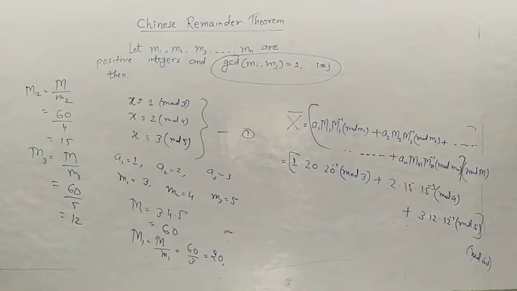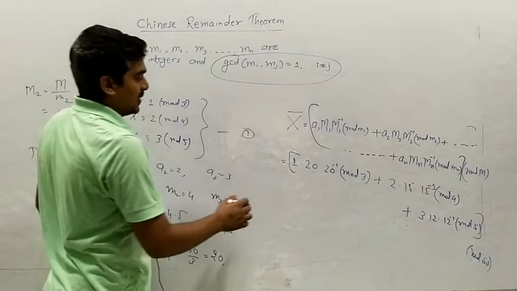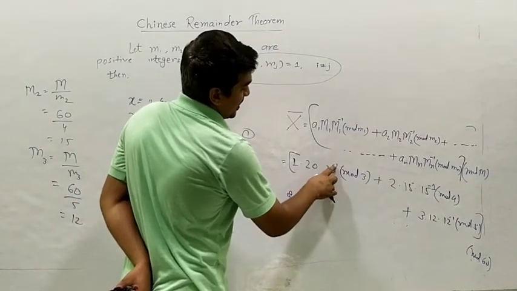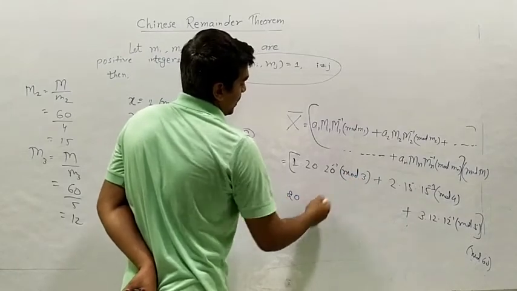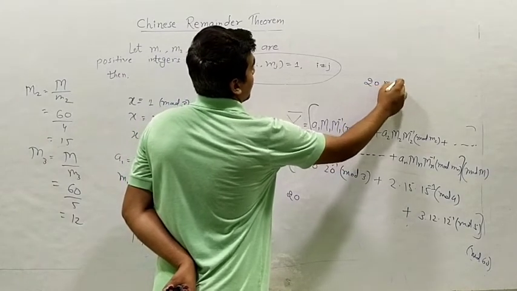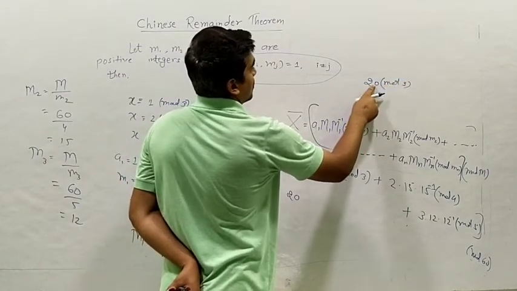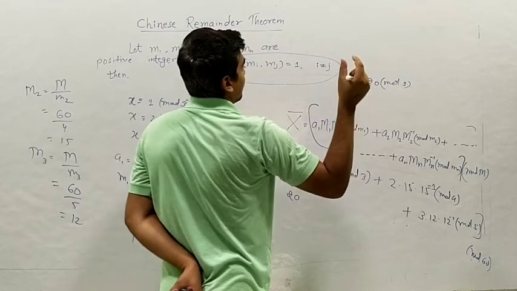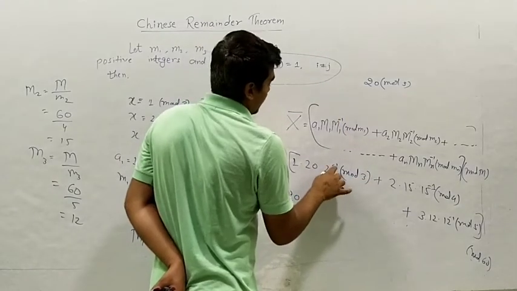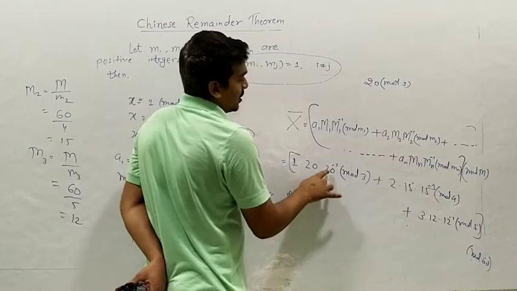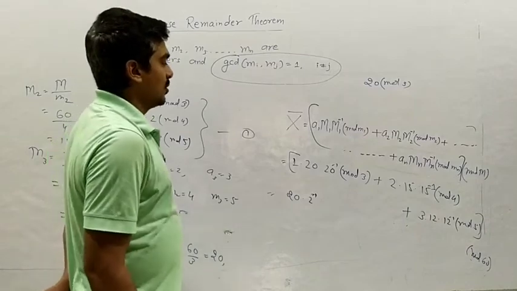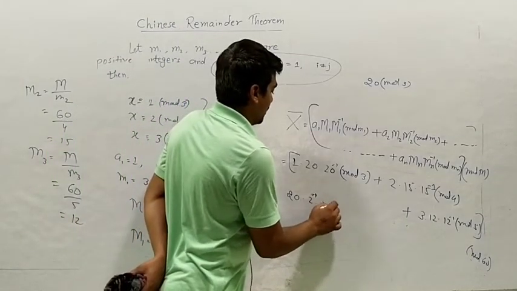Okay friends, so now solve these terms. 21 to 20, and what is 20 inverse in mod 3? So first we find what is 20 mod 3. Divide 20 by 3 and get remainder: 3 6 18, and we get remainder 2. That is, 20 inverse can be written as 2 inverse, because 20 is congruent to 2 modulo 3. Okay, so modulo 3 plus